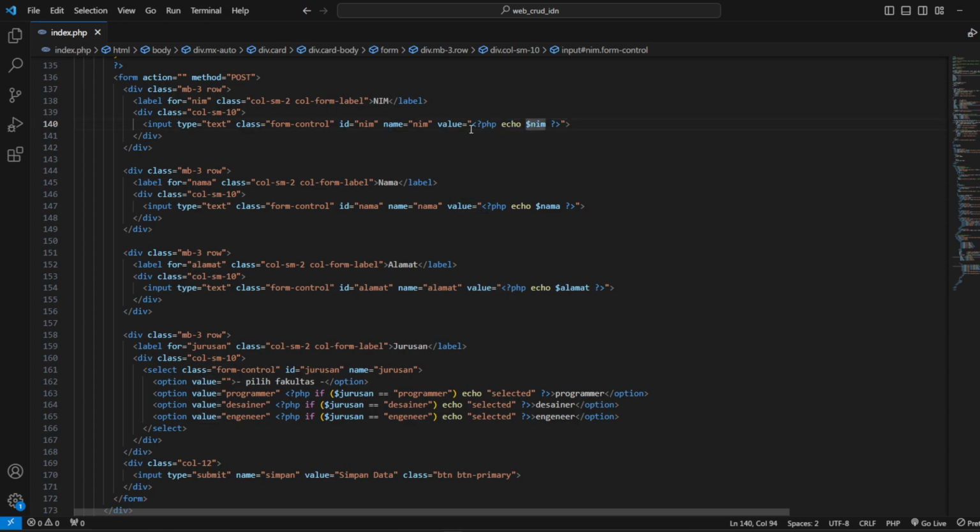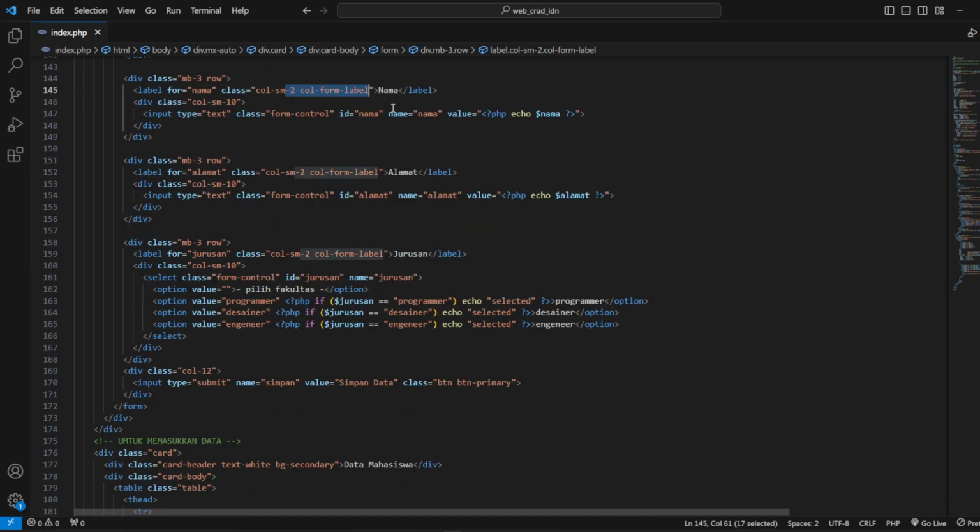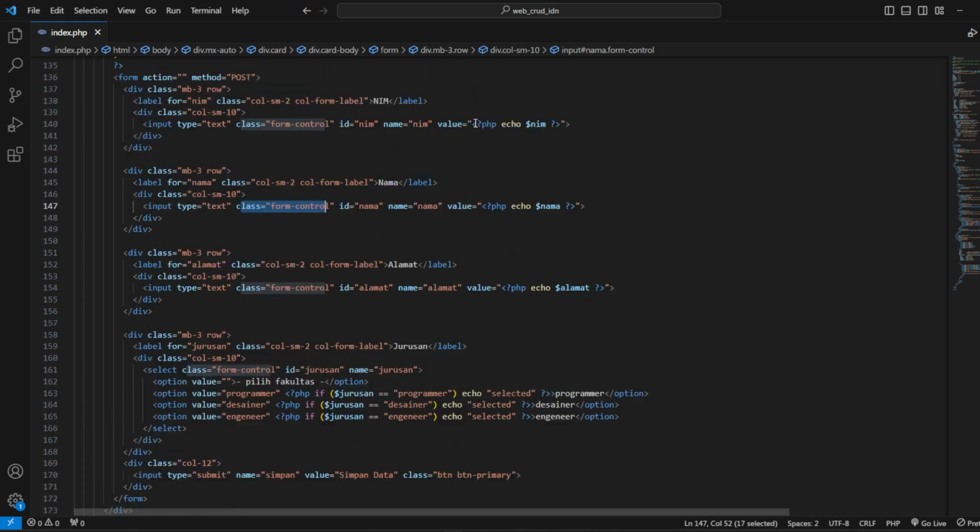It means the PHP tag will write what is in the name. If someone writes in name maybe 1 2 3 4, later the name will show 1 2 3 4 also, like that.